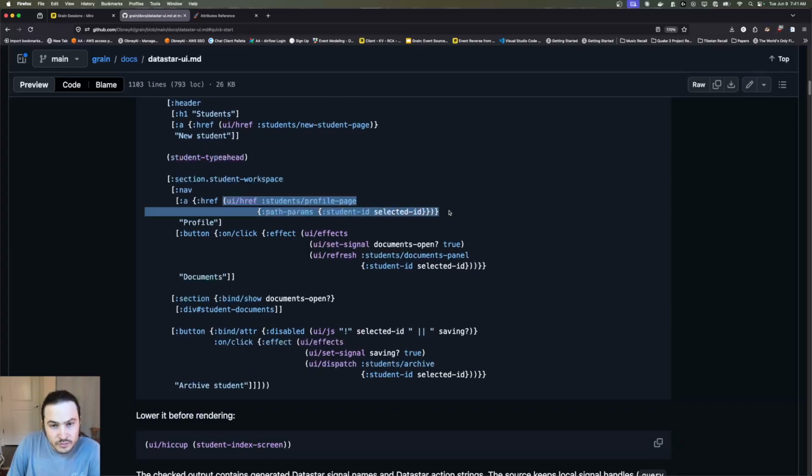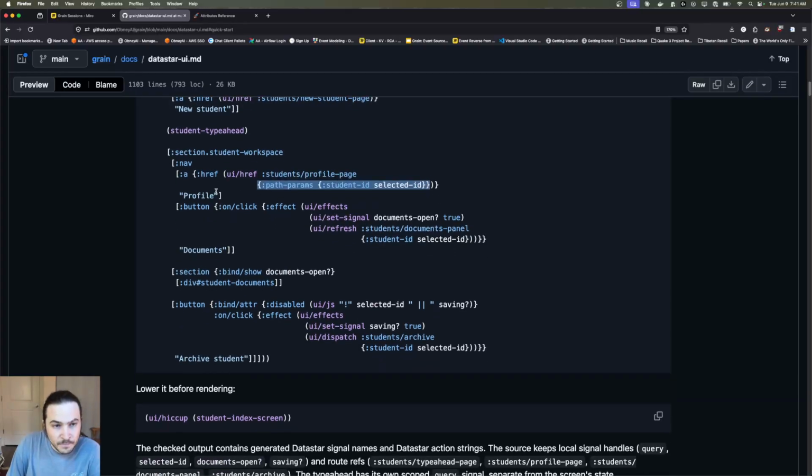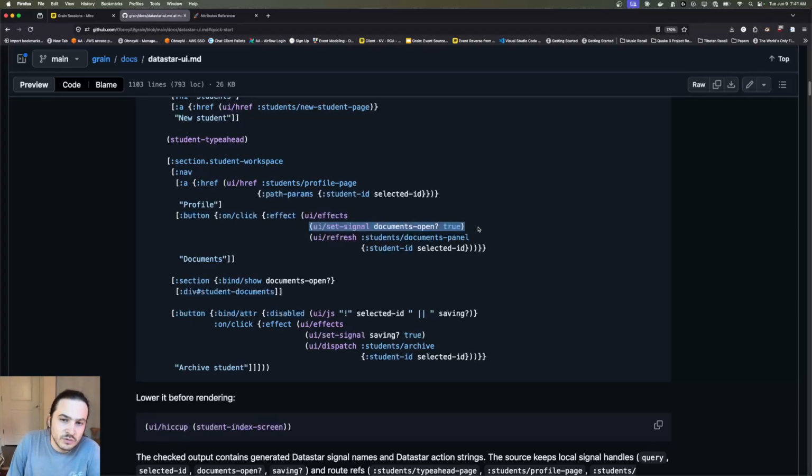We have another href with some path params, it looks like. And then we have an on-click and an effect. And we can actually compose multiple effects into like one expression, basically. And we can set the signal, because this is the documents button for the student row in the index, I'm sure. So set signal, documents open to true, fire off a query for the documents